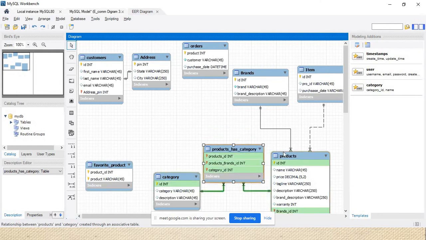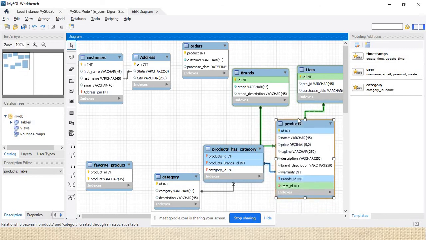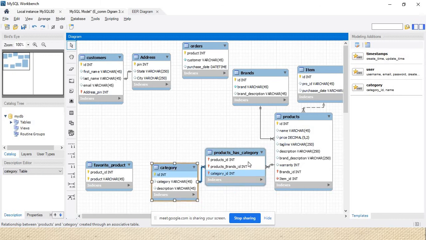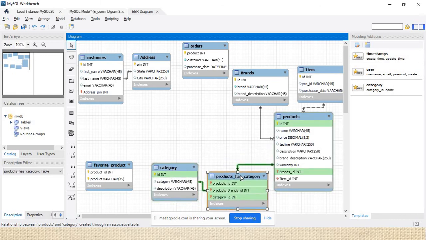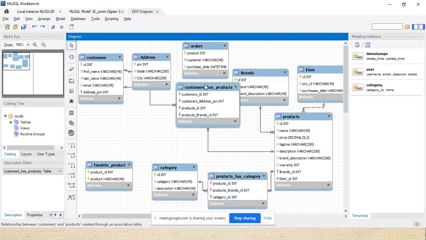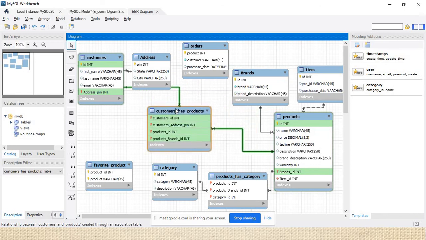I don't have limited space here. Now we'll do the relationship of product and customer. So here is the main relationship: customer and product. See, we have a relationship of customer and product. In that, the table was automatically created. Make a note of that. See that this particular form is not in normalized form, so we get different values. But make a note of that.